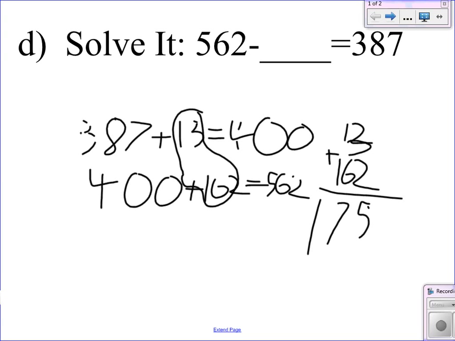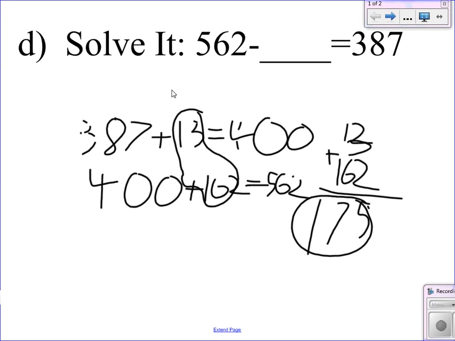$175. How many of you agree with that? So out of the class, we have the majority of you with your hands up. How many of you solved it this way, or a way similar to this? Okay, somebody that did not solve it this way, raise your hand. And let's have,